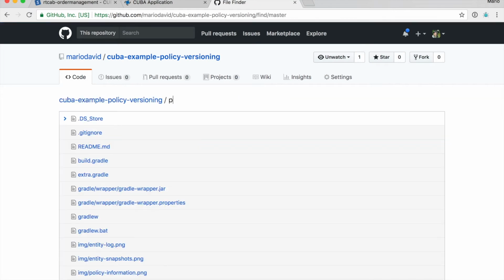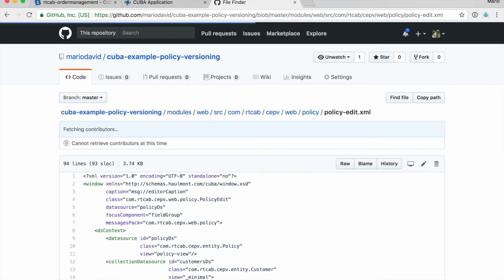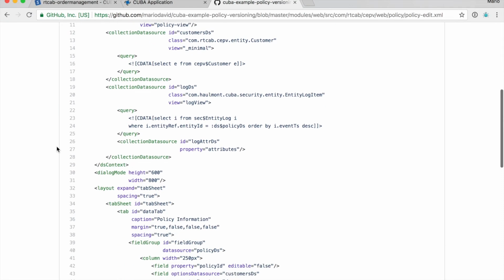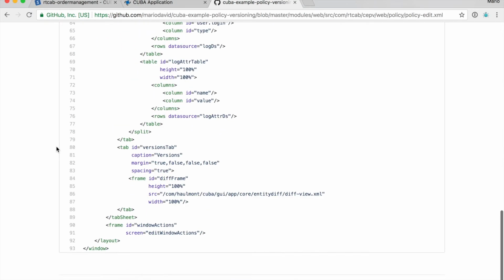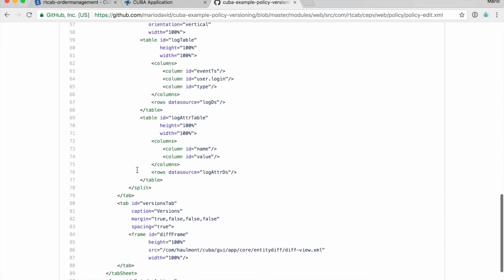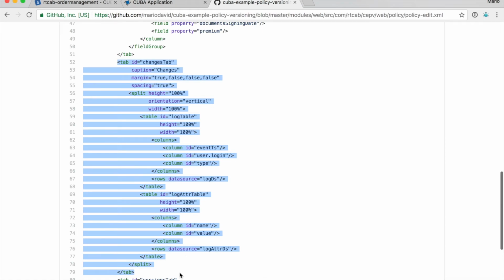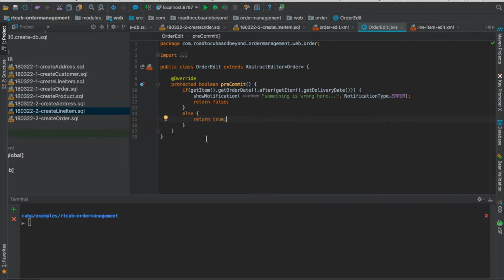So this is called policy versioning, and this is like policy edit. And what we have here is basically this versions, no, sorry, this changes tab here, and actually we can try to make it work in our